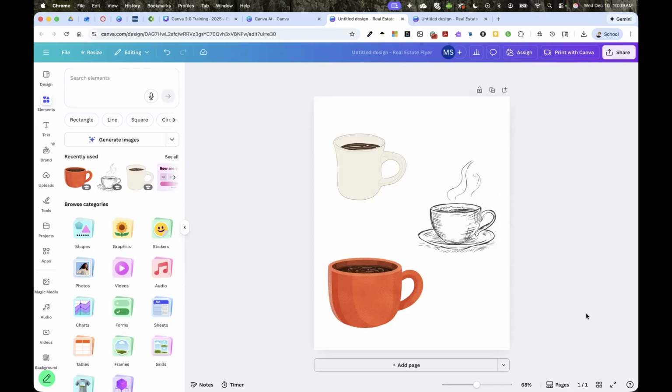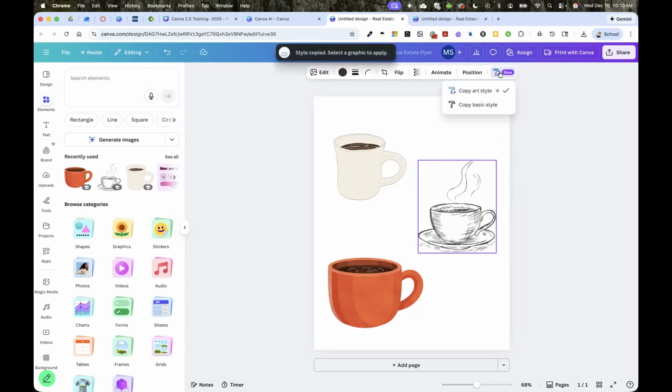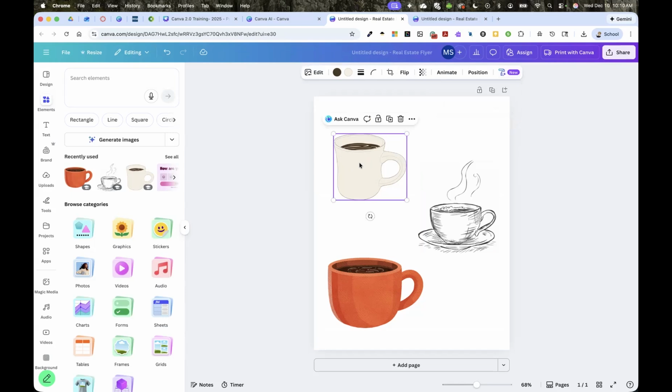I think you all can still see my screen. You should see 3 coffee cups on the screen. All right, perfect. So one of the new features that we have now with Canva AI is, let's say you have different objects and different graphics on a screen here, and I really like the design of this. If I click on here right now, there's a new option up here where it says new, and it has a little paintbrush where it says copy style. If I click on copy art style, and then go over, you can see I have a little paintbrush on my cursor. If I now click on that other image,